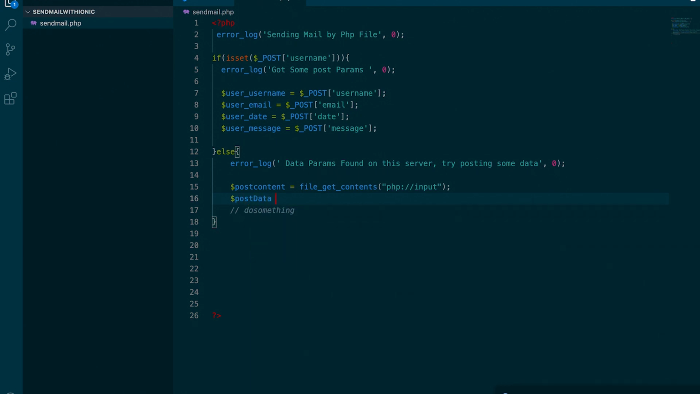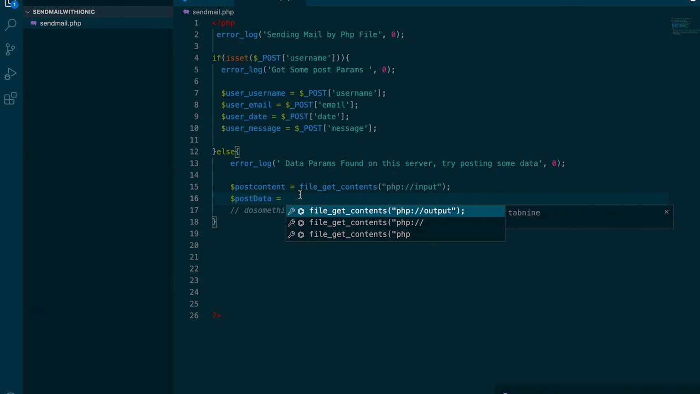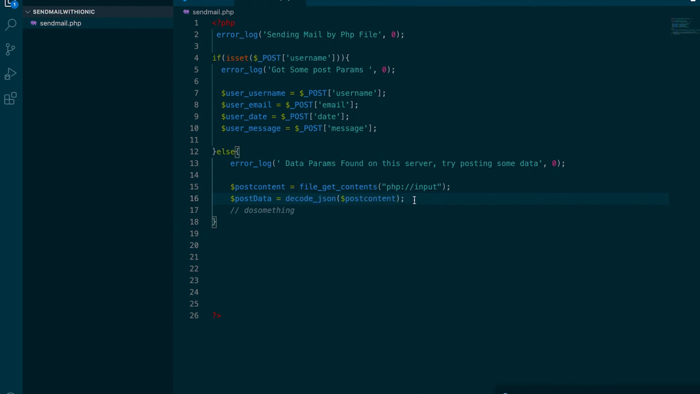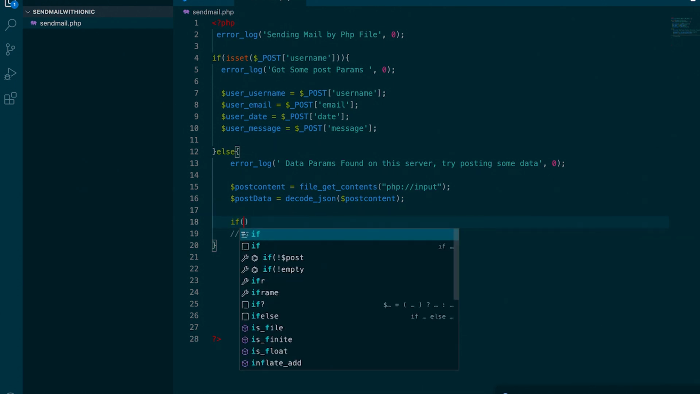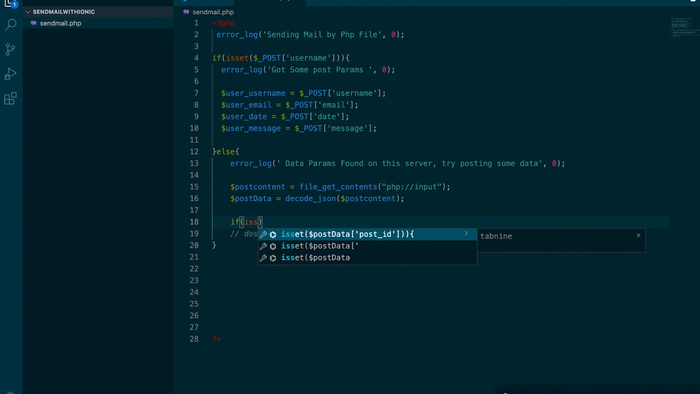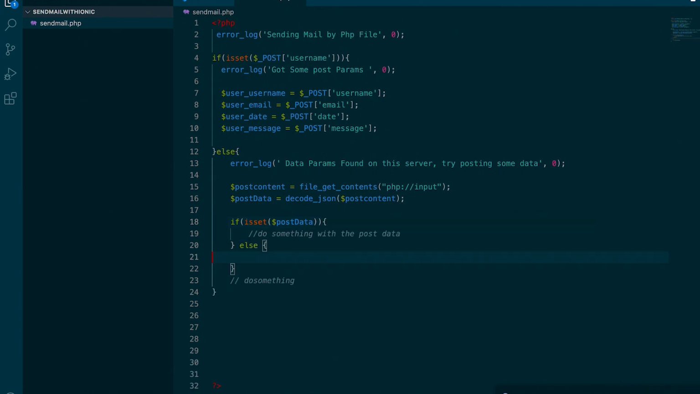Okay, so after defining that function, then we can come here and say $post data will equal to, we now decode this data, so can say decode JSON, that one. Okay, so this function is going to decode our post content so that we can get the values directly that we are posting. Okay, so inside here I will then create another if statement. I say if is set post data, else I can say